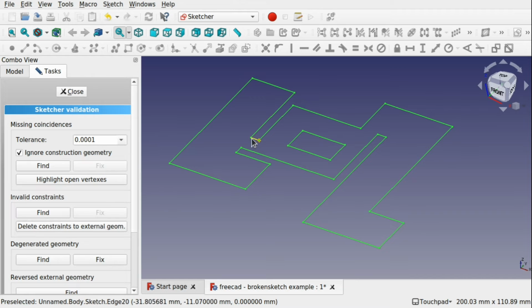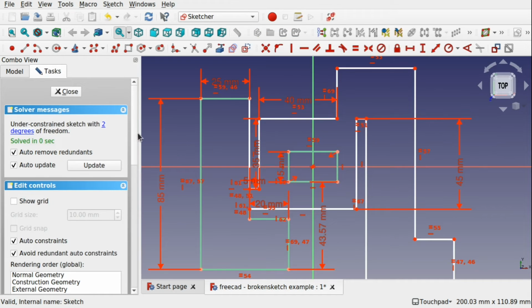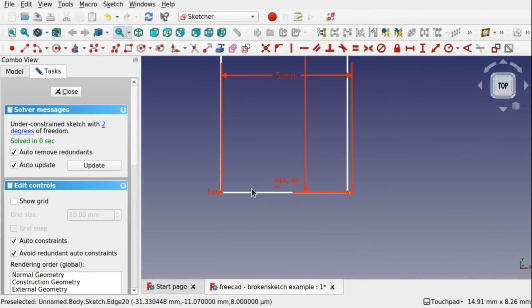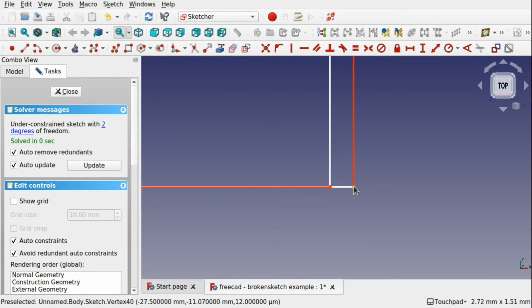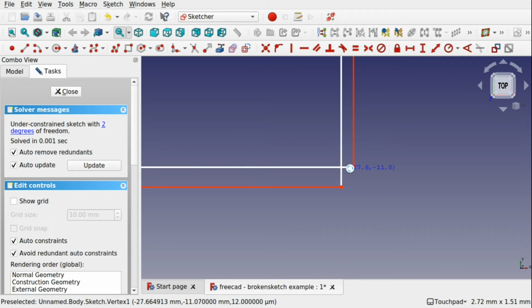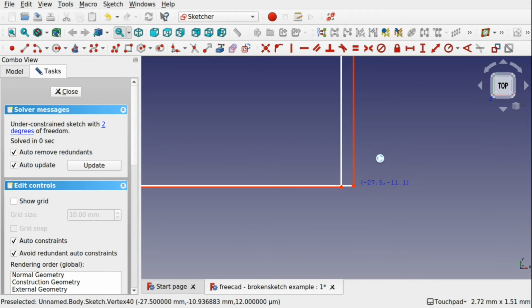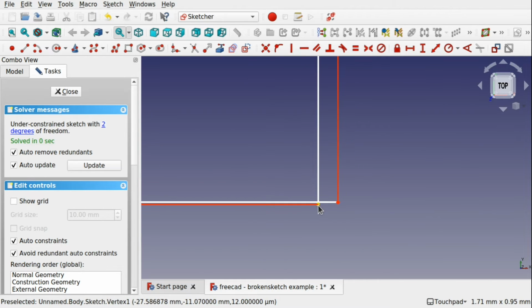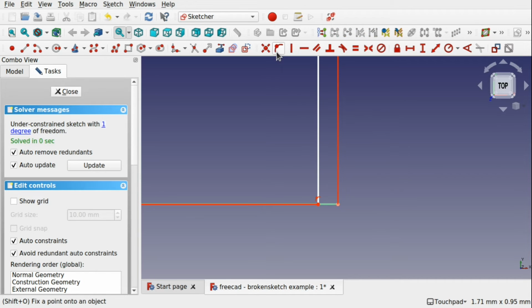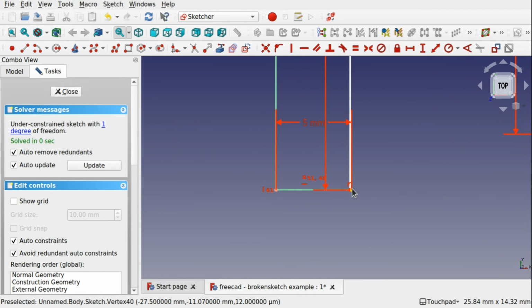So we can see it's in here. So we go into the sketch and come in here. We can see right there, there's the problem. So this line, it doesn't touch there. It's not connected. And if we even take this line and connected it to, let's bring this up, and we've got to get it in place because I've got a lot of constraints that are acting against it. If I took this and connected it to this line with a point onto an object constraint, then we still got a problem because I'll come in